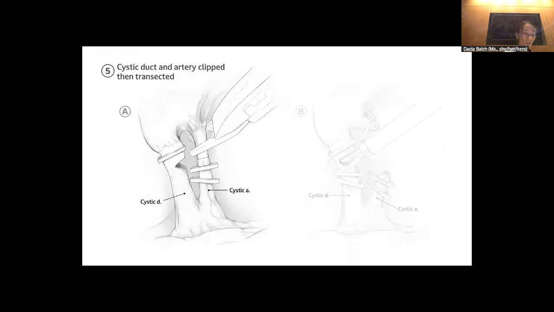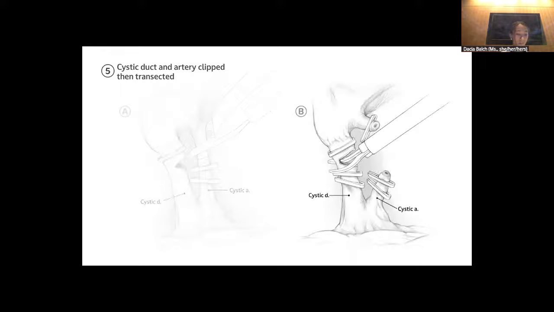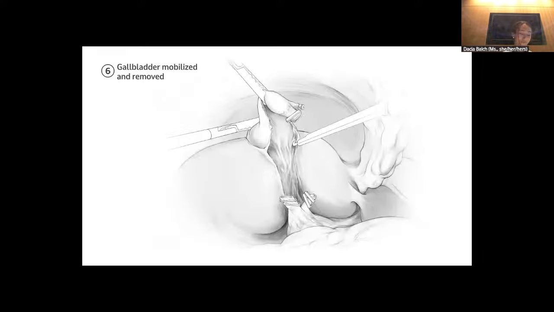To continue with the cholecystectomy, 2 clips are applied to the cystic artery proximally and 1 distally. The artery is then transected between the clips. The same technique was applied to the cystic duct. Finally, the gallbladder is mobilized from the liver bed with electrocautery and removed with an Endo Catch retrieval bag through the